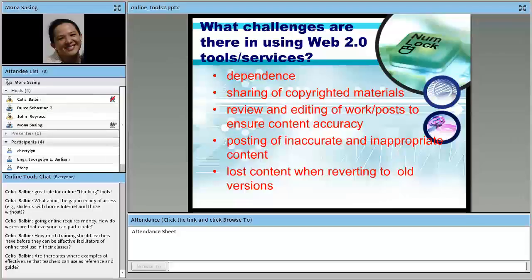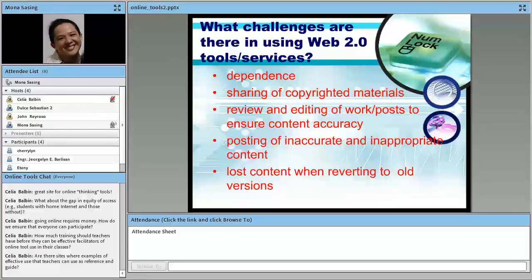Okay? So the important thing is the willingness of the teacher and the time that the teacher is willing to spend to study these tools, to learn these tools on their own, because I believe that the help portion of the pages offering these online services are enough for you to learn how to use this.